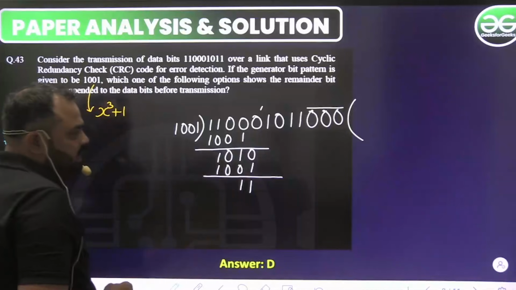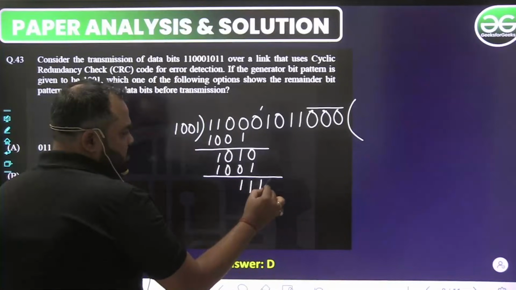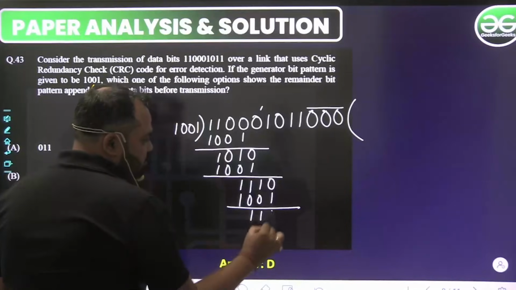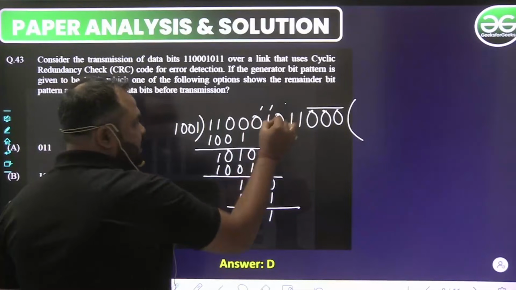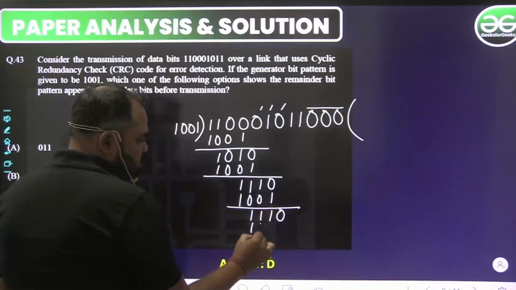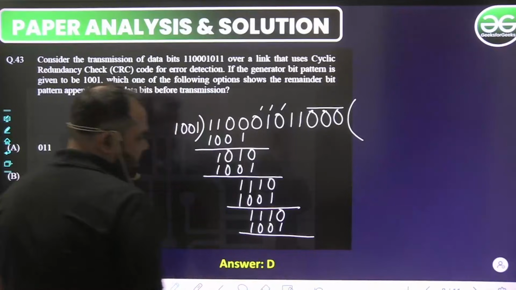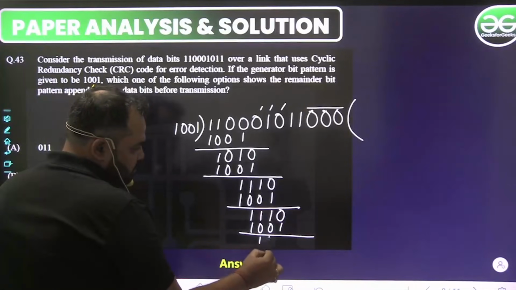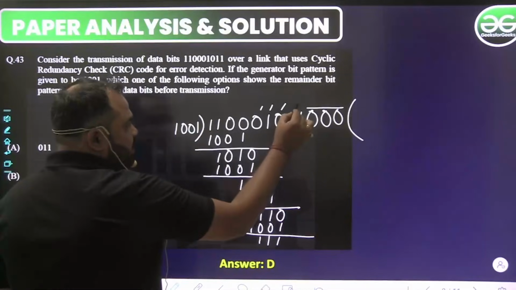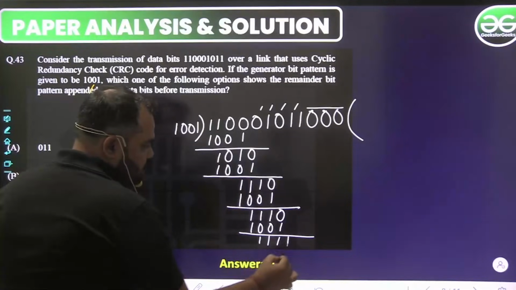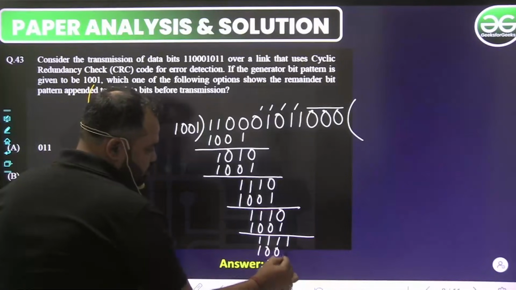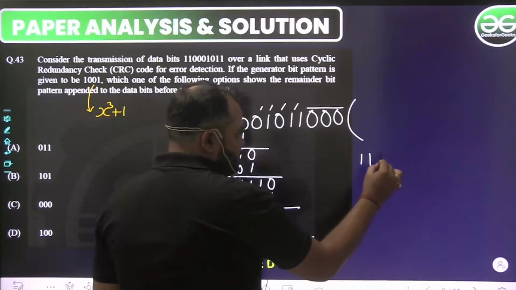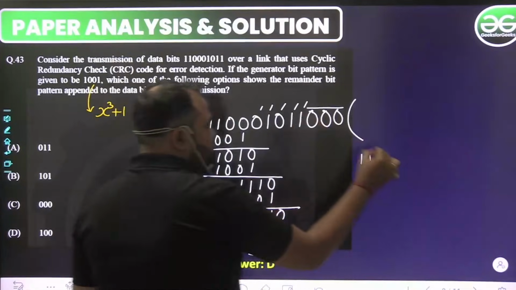यहाँ तक का पार्ट हमने ले लिया है, ठीक है। So again this is 1 0, so this is 1 0 0 1, so this one will become 1 1 1, right। ये हमने ले लिया है, इसको भी लेते हैं, ठीक है। तो 1 0 0 1, so again this one will become, ठीक है। ये हमारा क्या हो जाएगा, ये हो जाएगा 1 1 1, ठीक है। अब यहाँ पर ये आ गया हमारा 1, ठीक है। तो ये हमने 1 ले लिया, तो 1 0 0 1, तो यहाँ पर अब इसको हम यहाँ पर लिख रहे हैं, तो ये आ जाएगा हमारा 1 1 0, ठीक है।